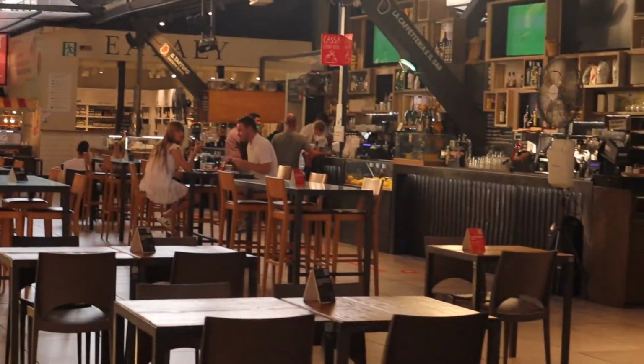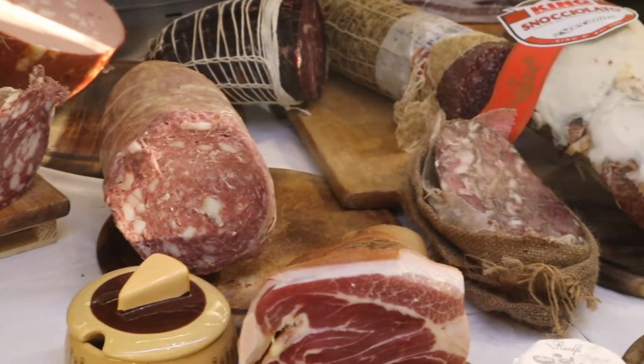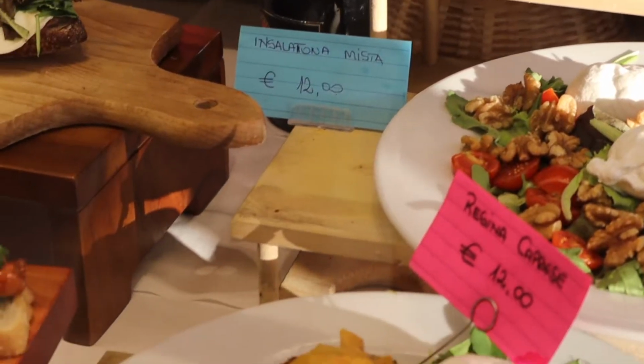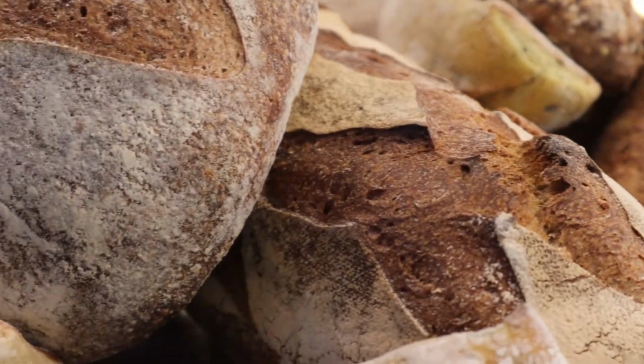I'm tempted. Now, one of the big places you have got to see when you're in the region of Tuscany is obviously Florence. Once upon a time, the capital city of Italy as we know it. Brilliant city, loads of things to do, amazing architecture, but one of the great features of this place is the central market of Florence. So much stuff to do here, full of so many different foods to try, so many different amazing foods. Now, we're gonna spend some time eating something that's quite traditional to the region, something that's very